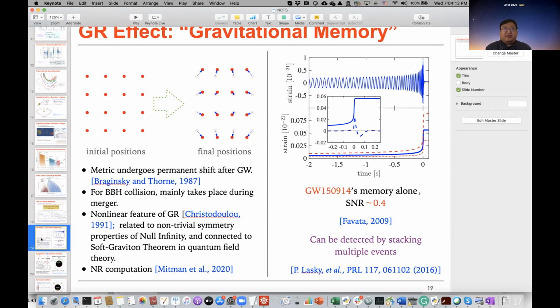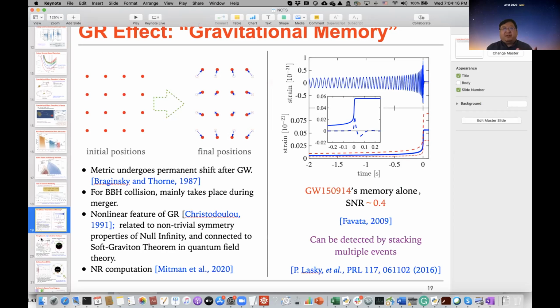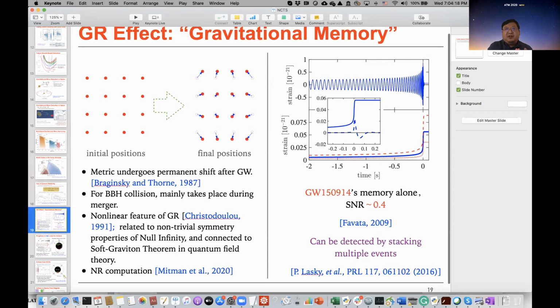So there are interesting features within relativity which are also interesting. For example, the so-called gravitational memory effect. So from the GR point of view, the idea is that if you have free masses, and then a gravitational wave passes through the free masses, you'll find out that after the wave passes through them, maybe the free masses will have a new configuration which is different from the old configuration, like this one, okay? So this has various ways of thinking about it, various levels of rigor and sophistication.